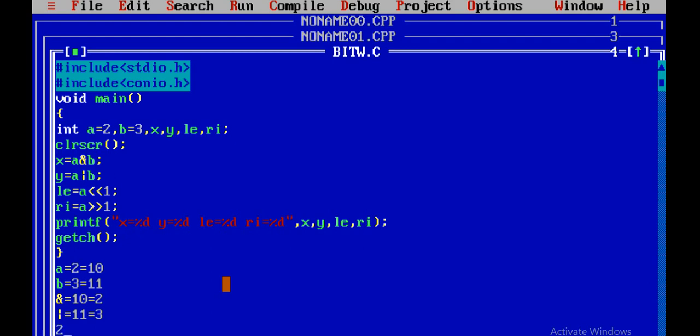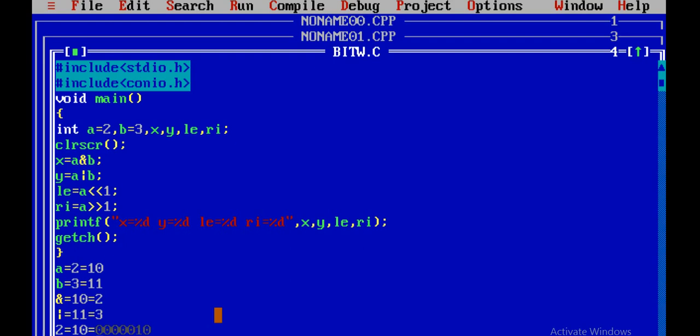Now what is the binary form of 2? 1 0. Now it will represent the bit values as 8 bits: 0 0 0 0 0 0 1 0. So this is the complete binary representation of 2. Now what is the left bit? The left bit is 0. That means this 0 will be deleted.